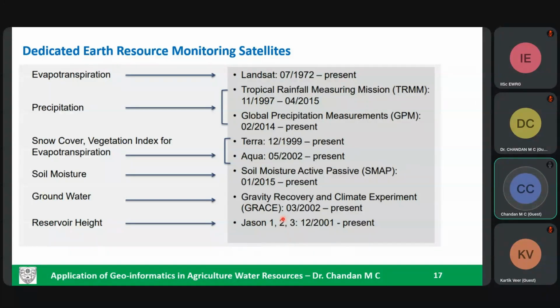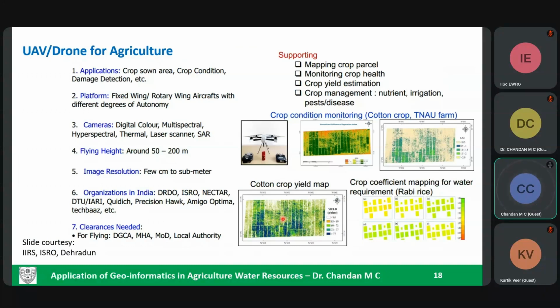But today, the order of the day is the UAV, that is the unmanned aerial vehicles or the drones. And this can have a direct impact on agriculture with respect to crop mapping, crop health monitoring and mapping. And also, we have crop yield estimation, crop management. And there are so many avenues where the drone data can directly help. But the only disadvantage of drones is that you cannot have a greater temporal resolution. So, any system that we have has its own advantage and disadvantage.